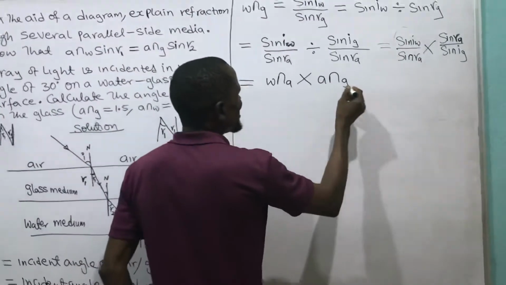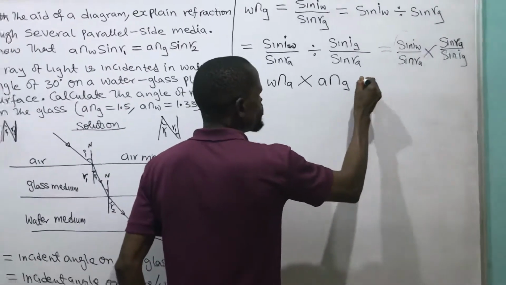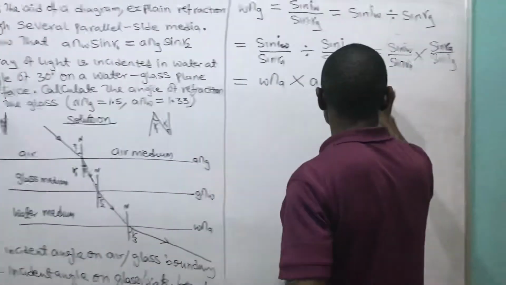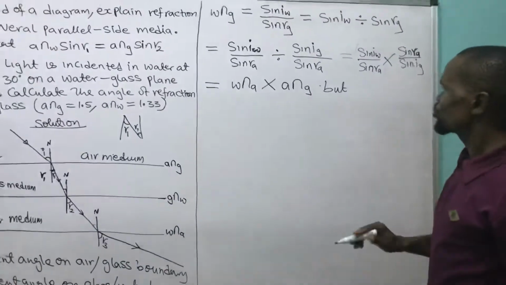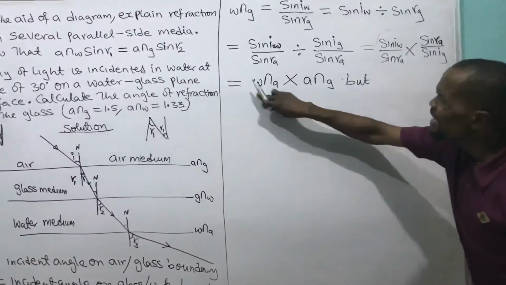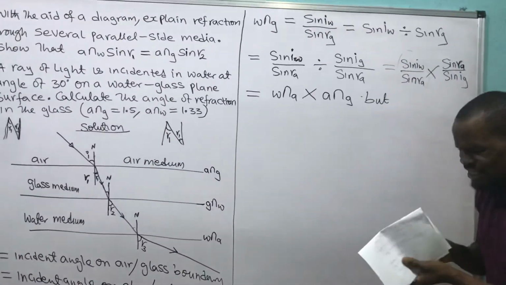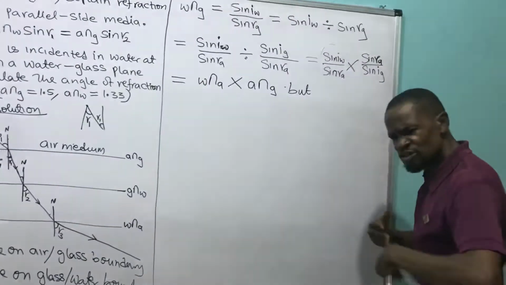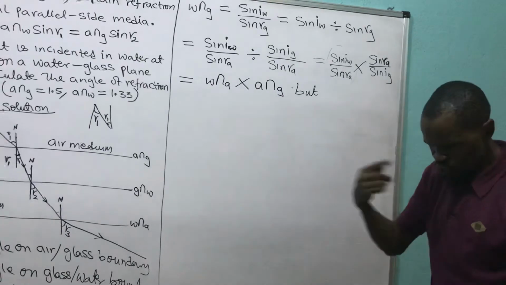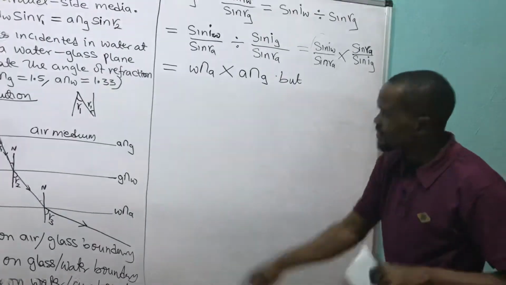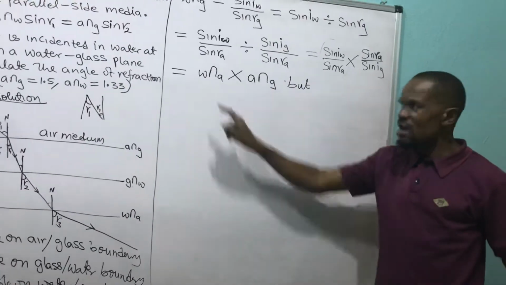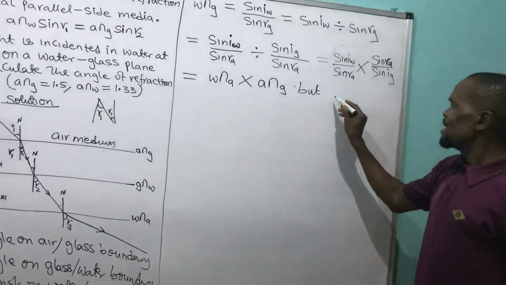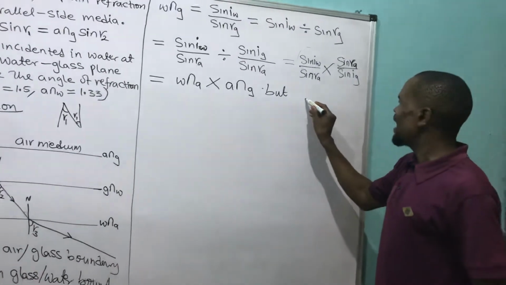And this is equal to, but I don't know this. This is not in my diary. What is in my diary is the refractive index of water and the refractive index of glass, which means air to water and air to glass. I have this, I don't have this. But I remember that